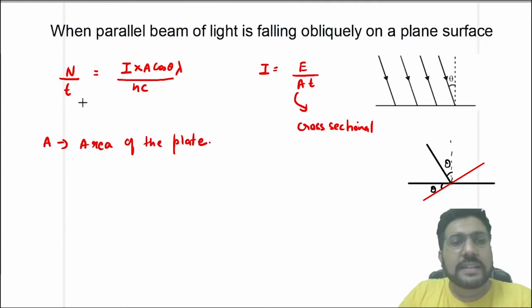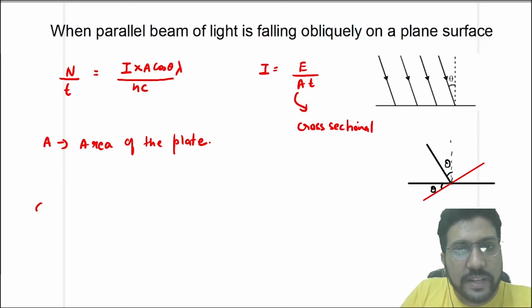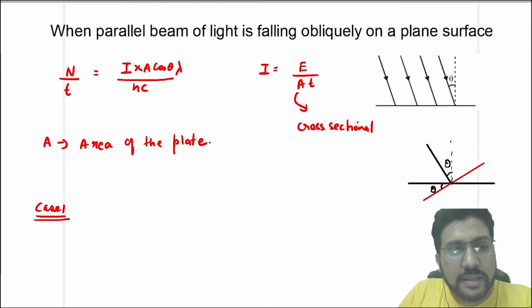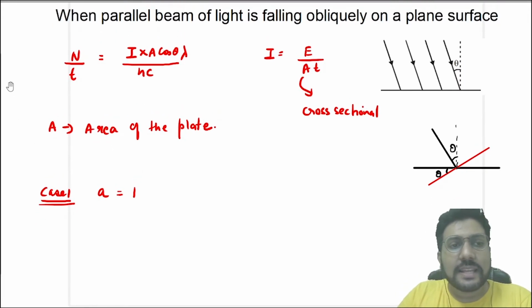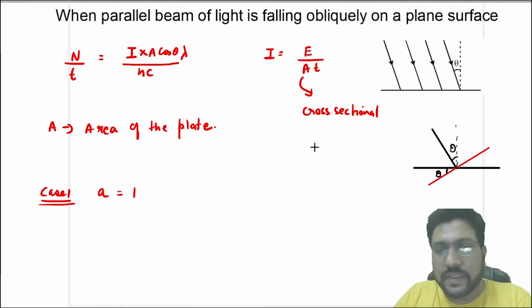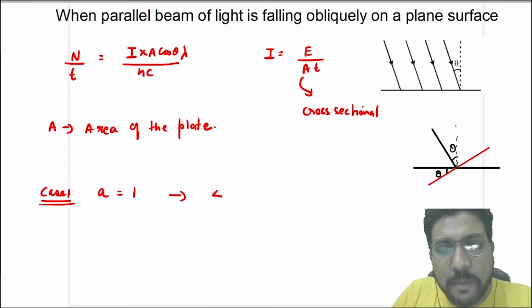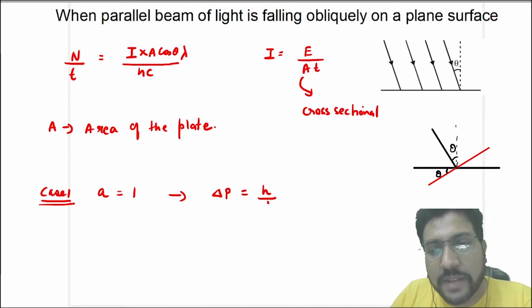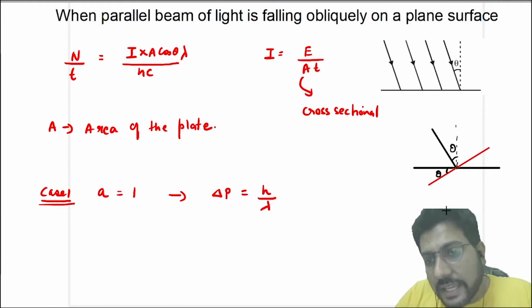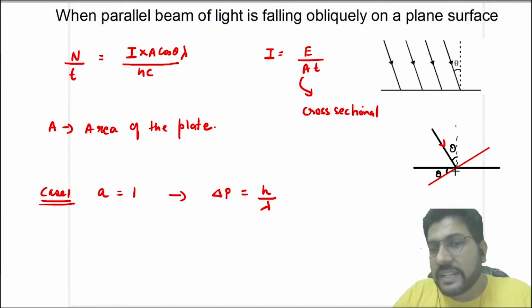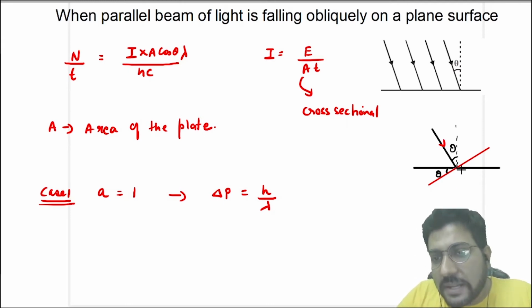Okay, so n by t is Ia cos theta into lambda by hc, right? Now again case 1, if you do case 1, then the surface is completely absorbing. If the surface is completely absorbing, in that case what will you say? If the surface is completely absorbing, then the change in momentum will be equal to h by lambda, but listen carefully, and the direction of this change in momentum, see, initially the h by lambda was in this direction and finally it is 0. So the direction of change in momentum on this plate will be in this direction,